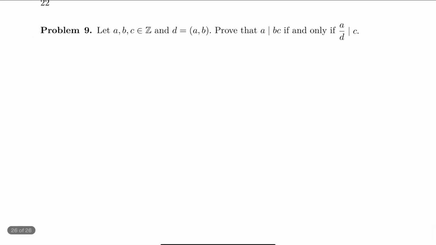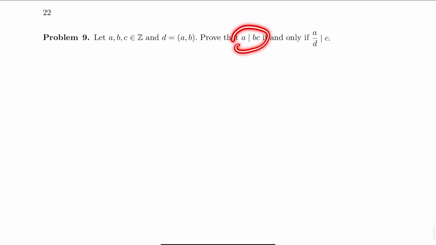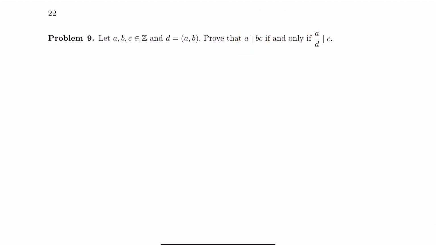In this video, we are going to prove that a divides bc if and only if a over d divides c, if d is the greatest common divisor of a and b. Okay, I want to start with the proof from the left to the right. But the first thing I'm going to do is to let